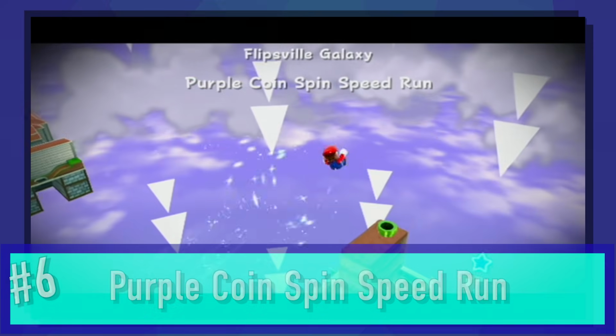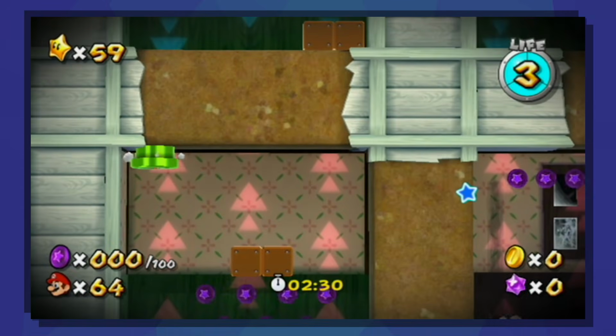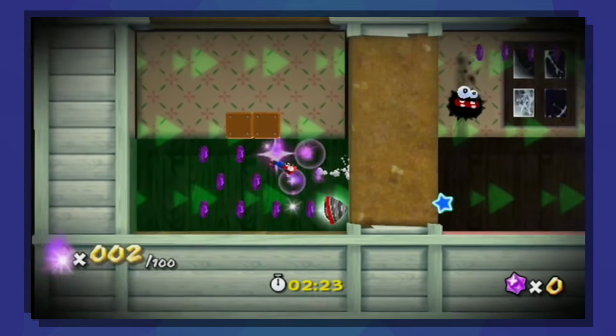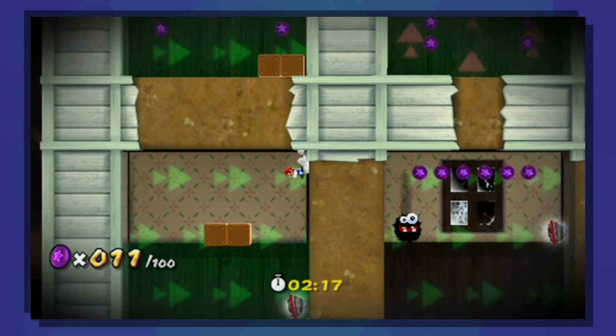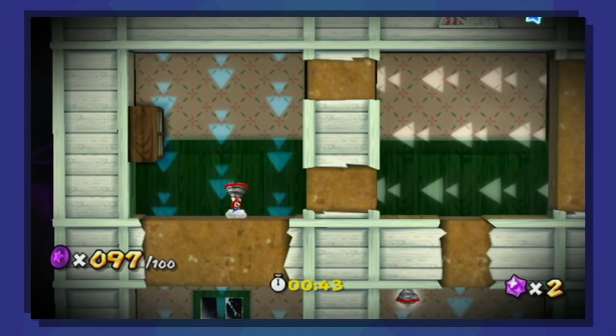Oh god, the Flipsville Galaxy Prankster comment just really burns me up. So we got a purple coin star on a particularly tight timer. The goal is straightforward: collect 100 purple coins under the time limit, but the execution certainly isn't as straightforward and not fun at all. So the gimmick is that the gravity constantly switches, and there's 9 different sections that you